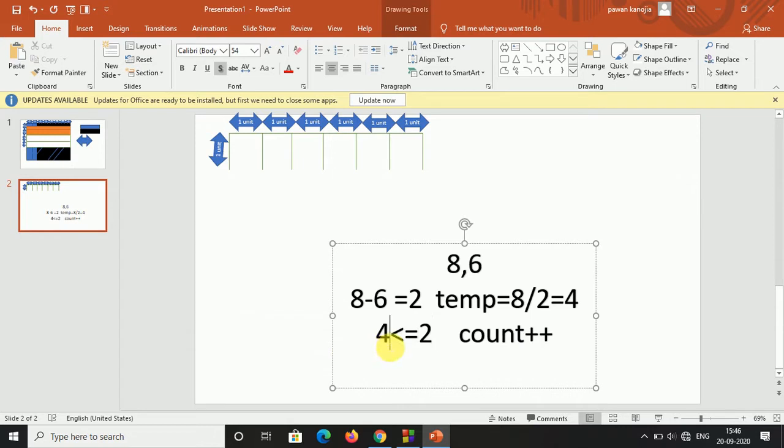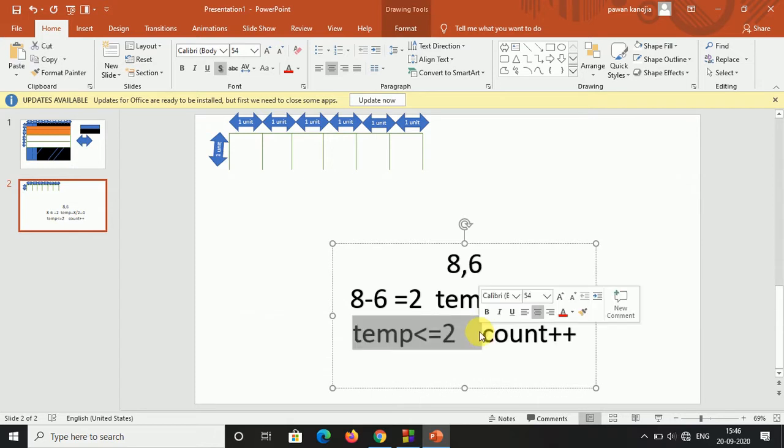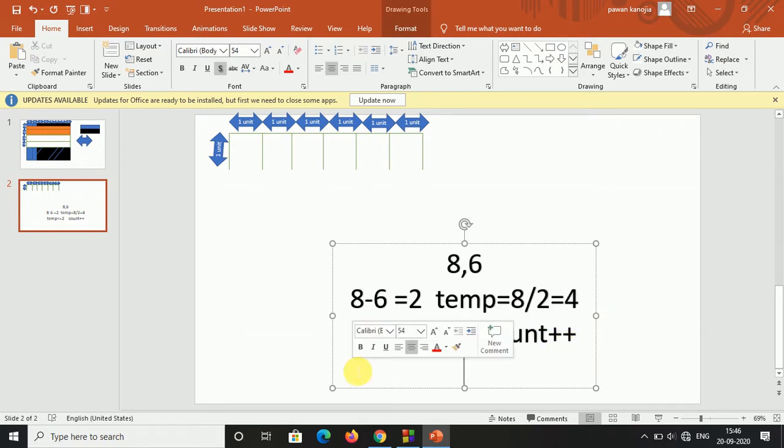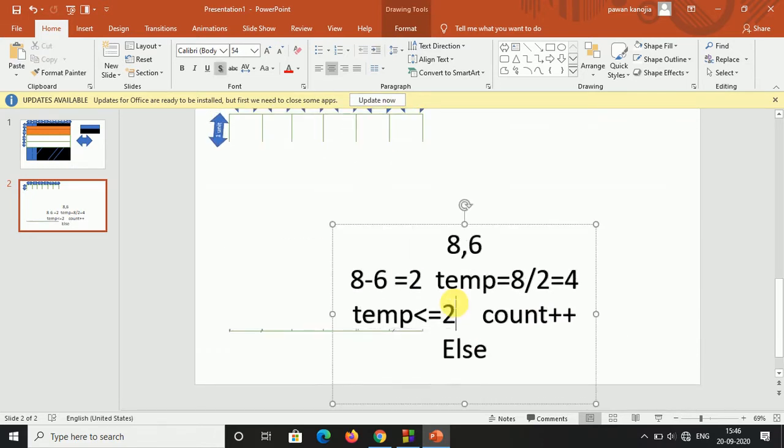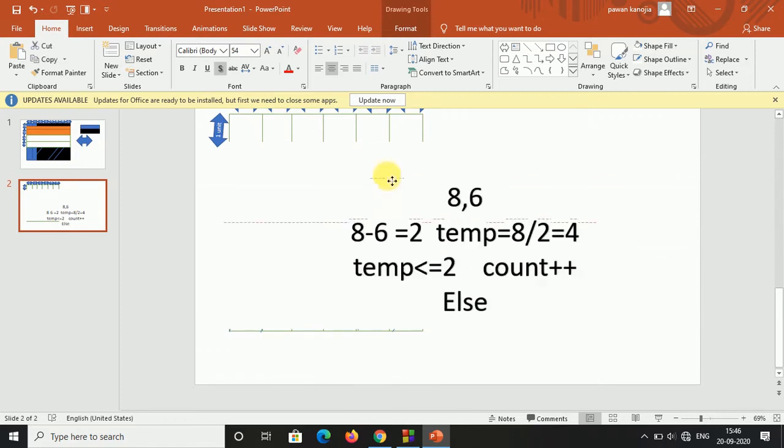If this condition is true, then count plus plus. If it's not true, then else, over here, you have to do one thing, that I'm taking this up.